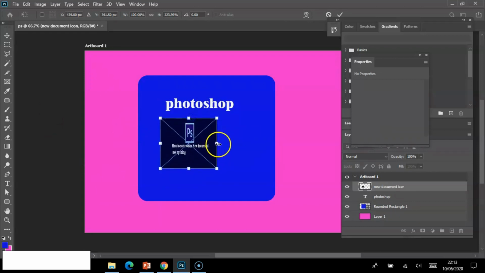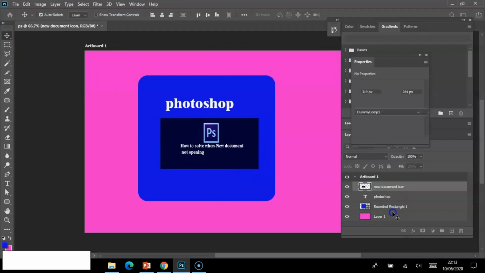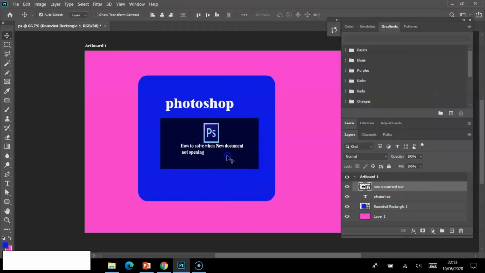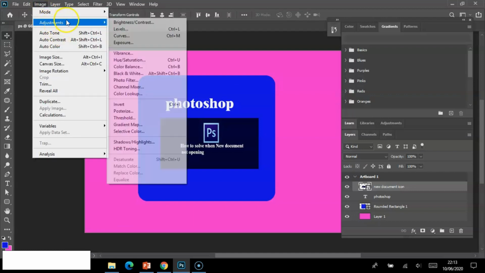Here I have some picture. So you can place it like this. So this is the way you can change the background color, you can place the text, then you can place any images like this.